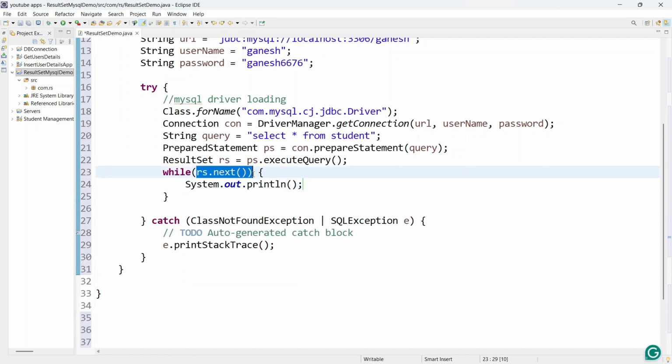Here the rs.next method will return true if there are records available in the student table. And if available, the control will come in. Here we have to print the first row of the student table. So in the first row, what is the first column? It is ID. First I will print ID